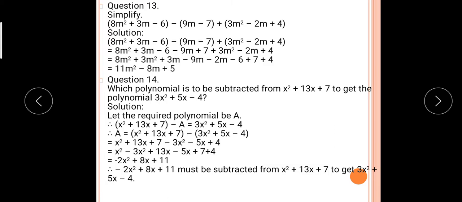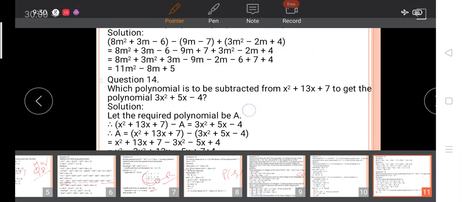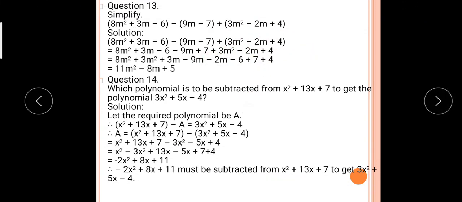Simplify, just calculations is there. 8m square plus of 3m minus 6, minus 9m minus 7, plus 3m square minus of 2m plus 4. First polynomial as it is. Second, we have to change the sign, because the subtraction sign is there outside the bracket. So all the terms, their sign will change, and third as it is because the plus is there. Now see,